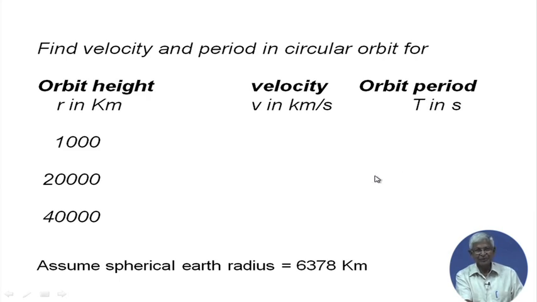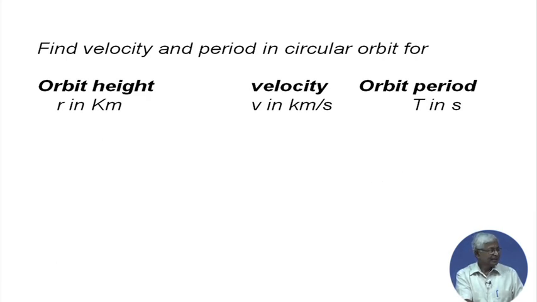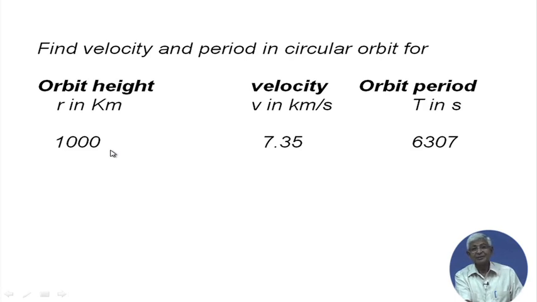Anyway, I will show you the numbers. Let us say for 1000 kilometer orbital height, you get the velocity 7.35. This decimal number, do not get much worried if some slightly different number appears. This is a calculated error, let us say, but it is more than 7 kilometer per second at 1000 kilometer orbital